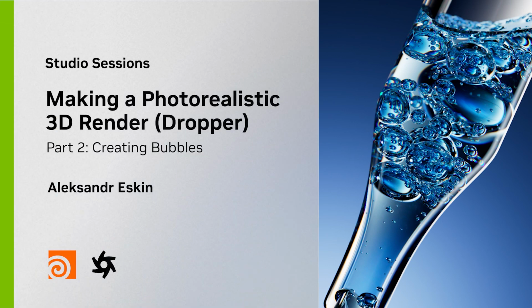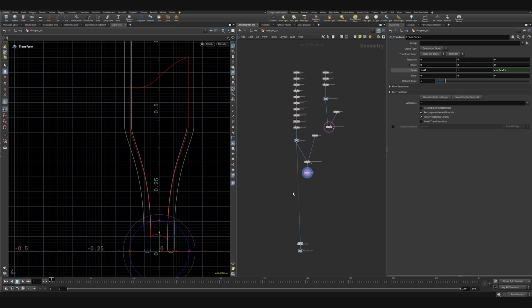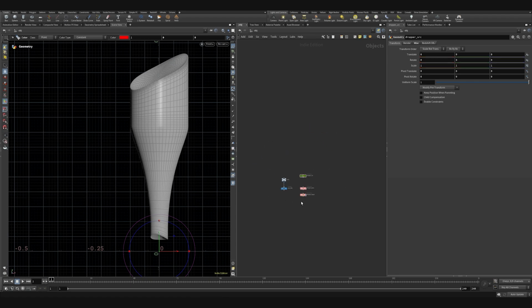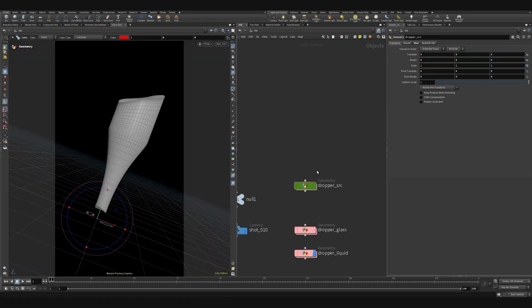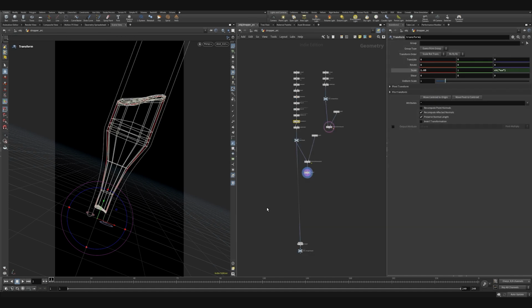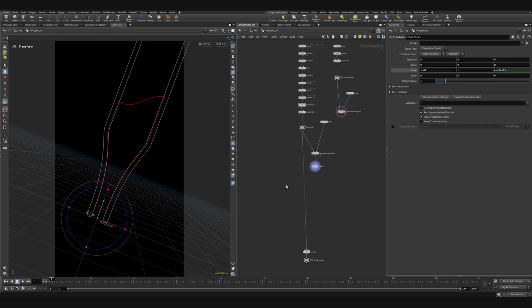In this part we're gonna add some basic bubbles, nothing fancy, just your ordinary spheres. We can add some bubbles to it, or just make a pre-render of the whole thing. Let's make some temporary bubbles, and then we're gonna make some render test. So we're gonna need VDB from polygons,